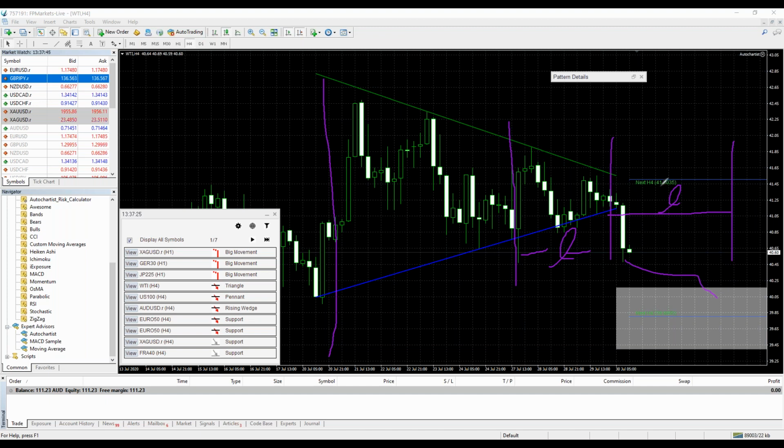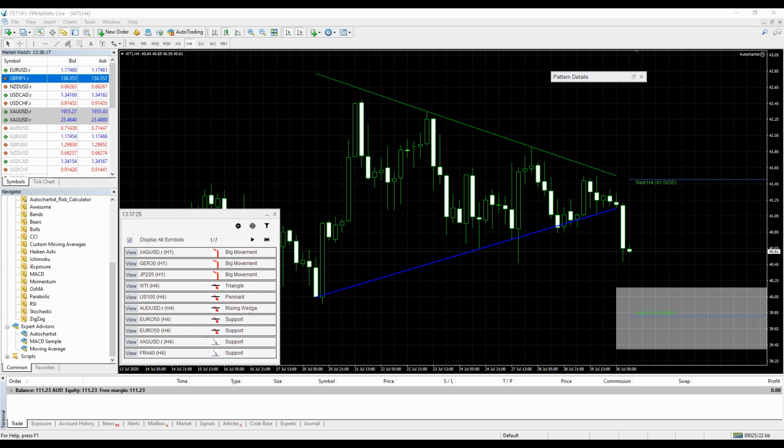If it doesn't go there, I would pretty much close my position, because I think, as Nicholas pointed out, you don't want to give this thing infinite time, right? You want to get in the trade, make money or lose money, and then walk away and go to the next trade. You don't want to use up margin and keep positions open just because you don't want to take a loss. There are tons of trading opportunities in the market, whether you use Autochartist or other tools, all the time. There's no need to use up margin. Just get out of the trade. If you're wrong, you're wrong. Move on with your life. That's my opinion.